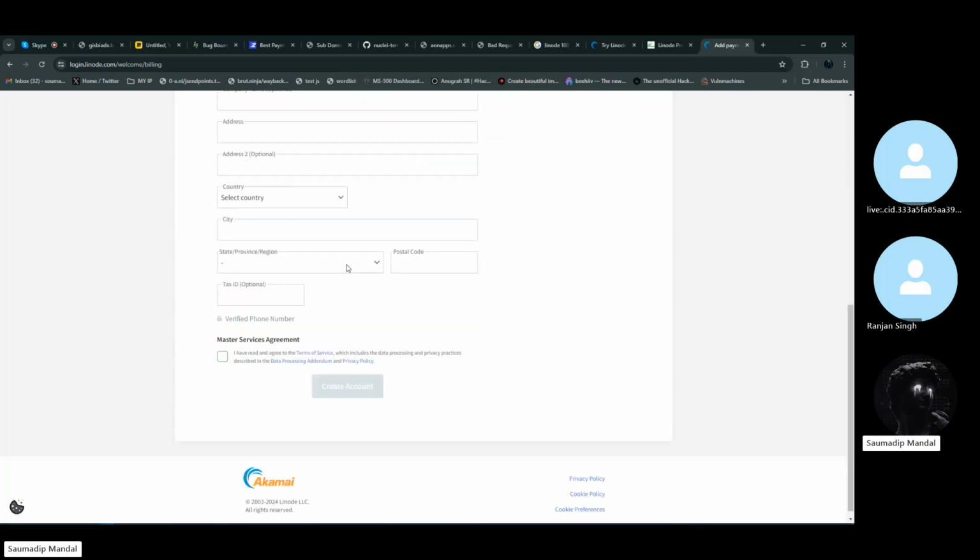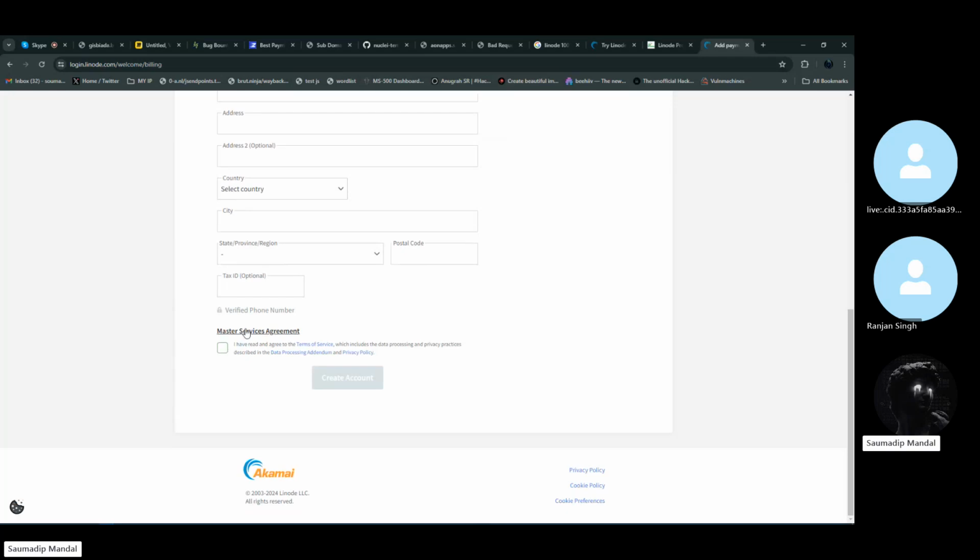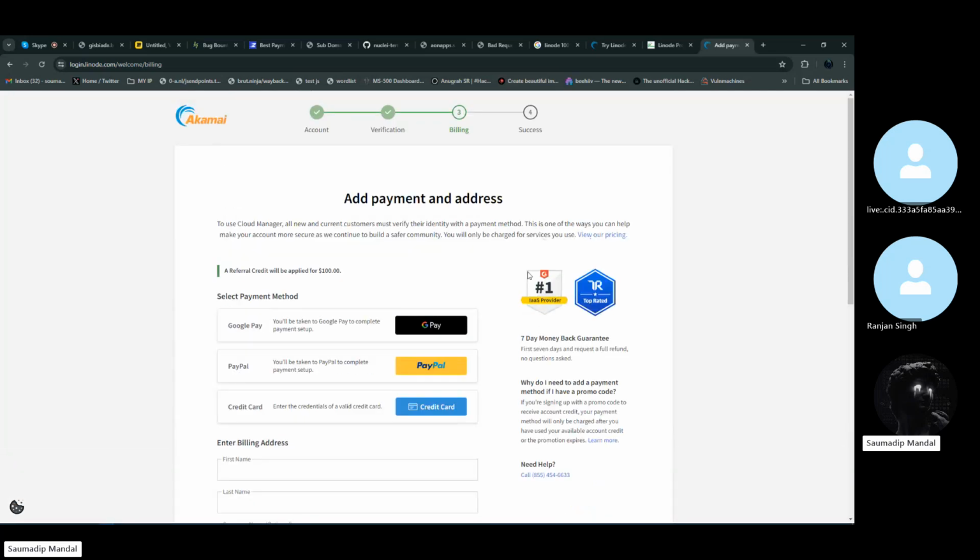After doing that, it won't allow you to access the Linode server right away. It will take 1 day or like 12 hours. Basically, it takes 12 hours to activate the account by verifying everything. Then it will give you the success message. After that you can log in on Linode, and then you can create a